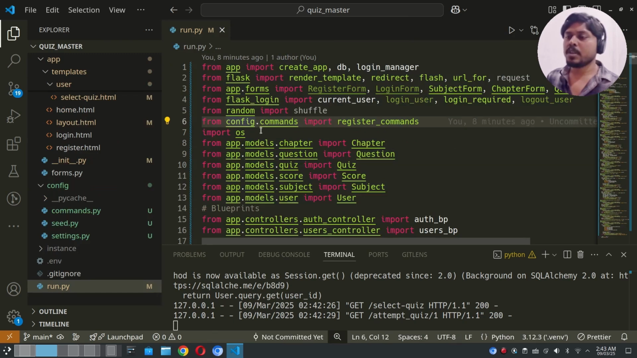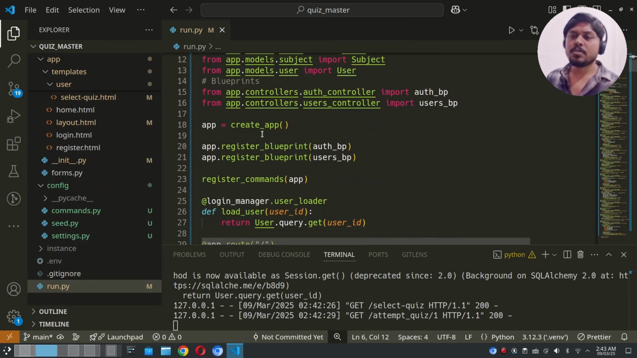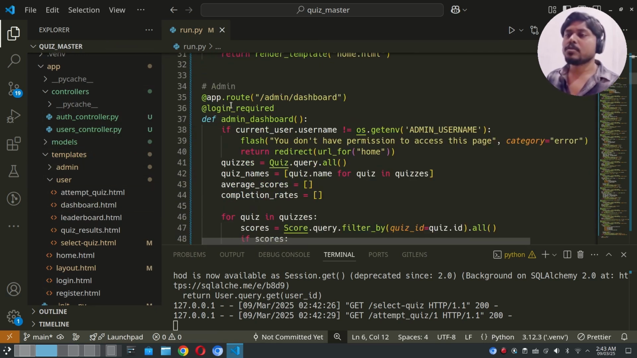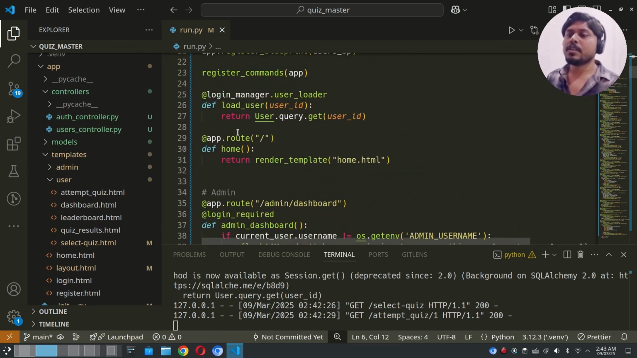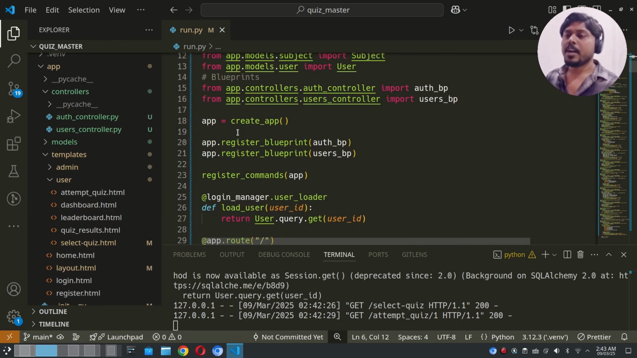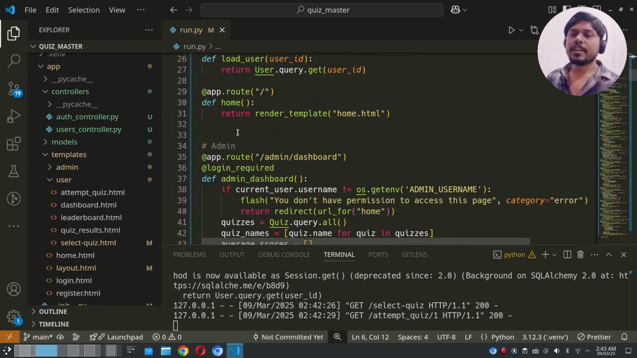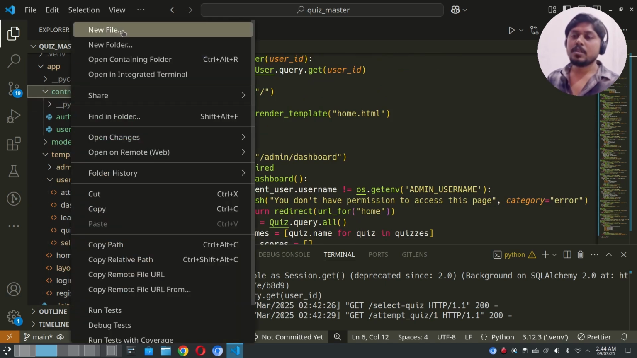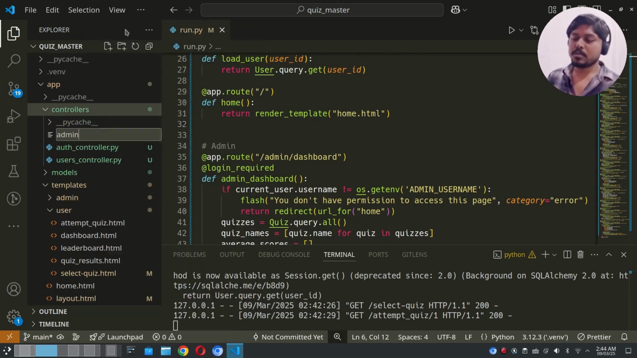So I believe we are done with the users controller too. Next, we have to start with the admin routes. For admin routes, we need another controller, that is the admin controller. So create the admin controller inside the app controllers directory. Create admin controller .py